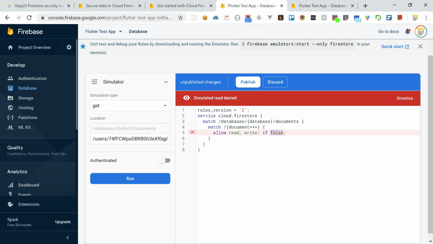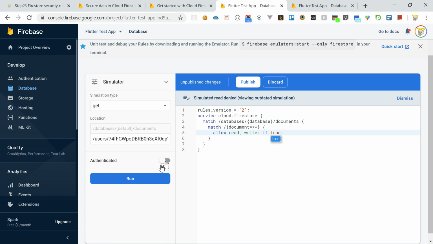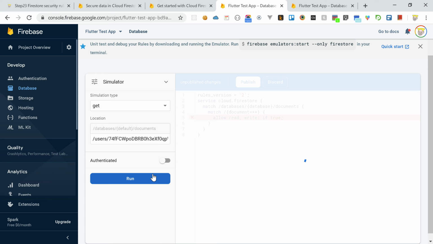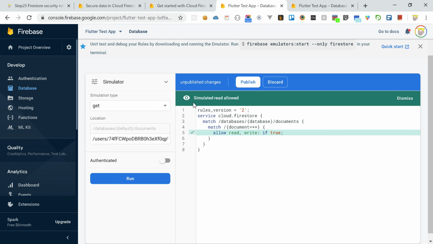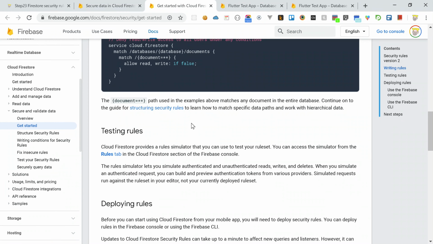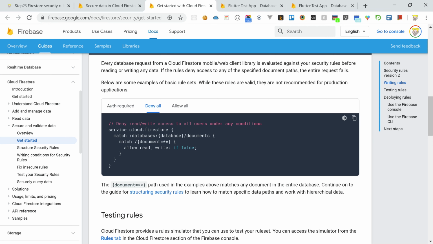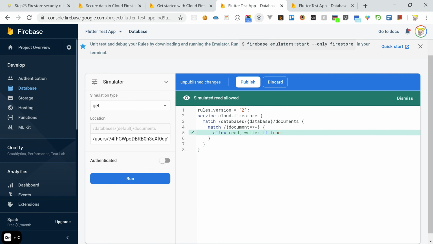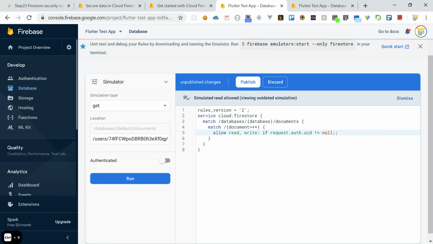So if you change this to true and run, it becomes green. So one more thing was required. Copy it here and change this statement to like this. And if you run,